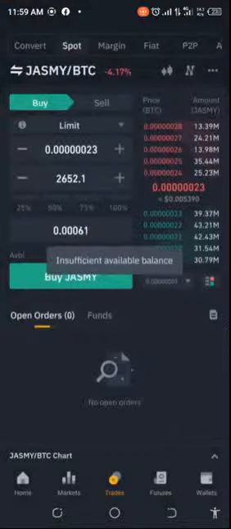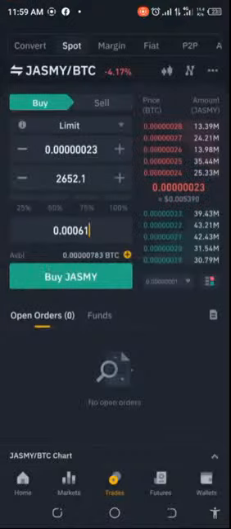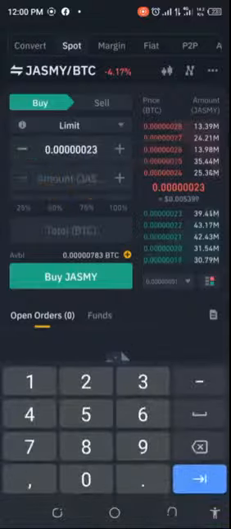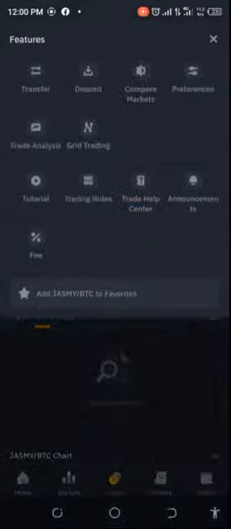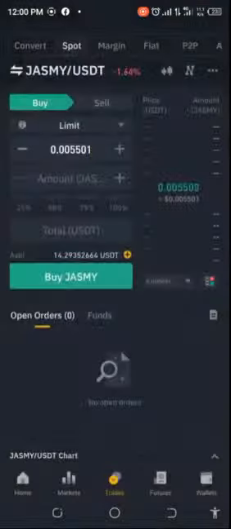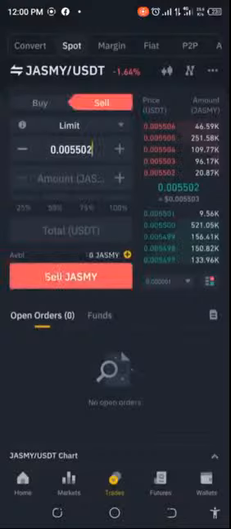We're still simulating right now. So we're going to get 2652. Don't forget charges will be removed, so it's always best that you remove some, let's just make this 2649. 2649, 2648, something in that range. Let me copy that. I'm going to remove the charges. In this simulation, we have to make sure that whatever we get is as close as possible to what we want. Then we're going to try and sell back to USDT just to be sure that we have